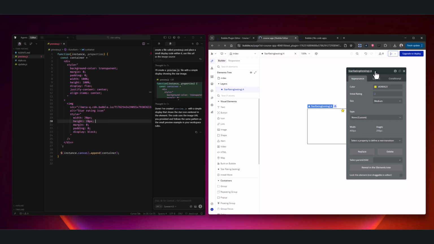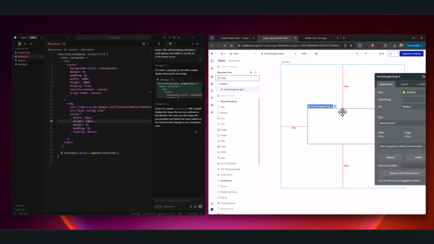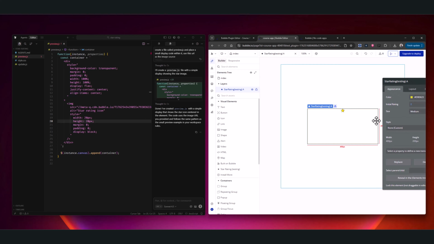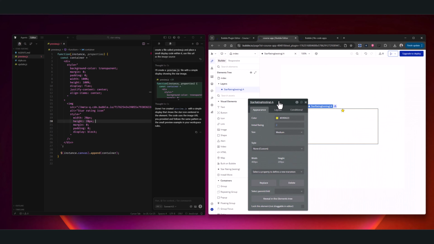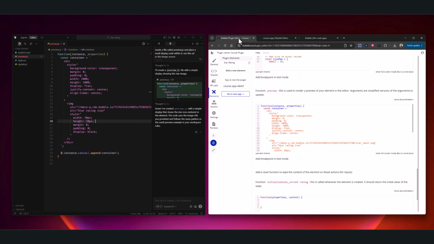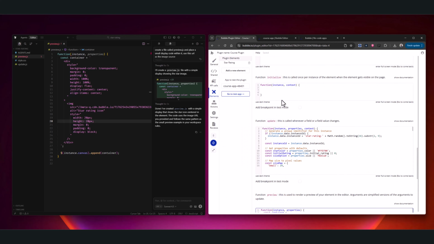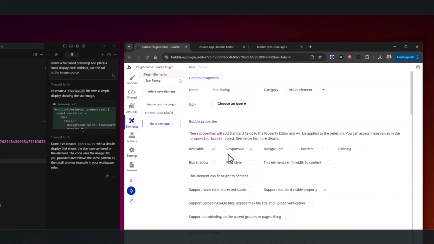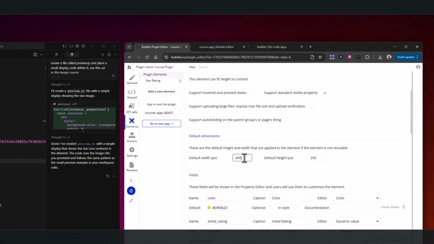Okay, so my page has been reloaded, and you can see that I have this here. Now note that we are using a very big canvas here. If you are building a plugin that is just a programmatic plugin that doesn't need a lot of canvas like this, you can just come to the plugin editor here and just say your default dimension should be